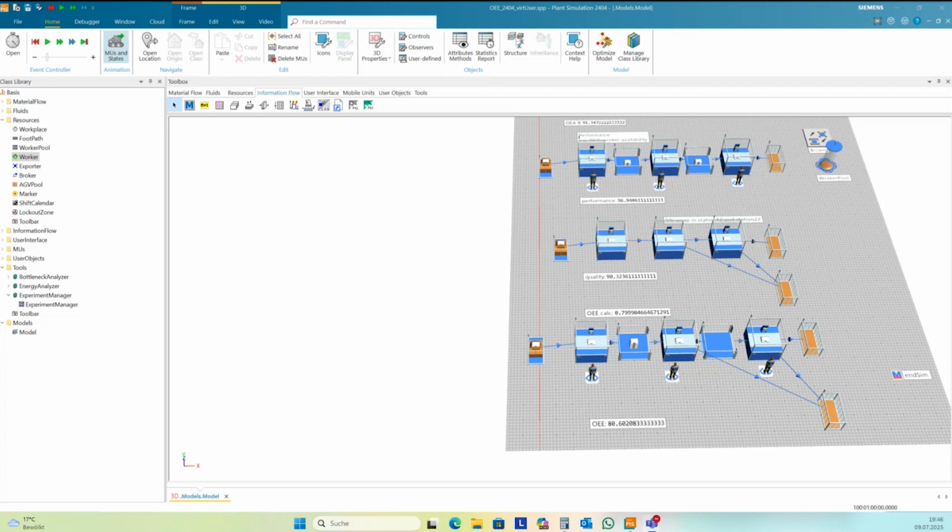Depends, no? It depends on whether this has influence on the total throughput, because our final measurement is total throughput, and if the worker is working with a higher speed and it doesn't have any influence, then you cannot do this. But normally, for really increasing the OEE by eliminating all the worker influence, the best is a floater.